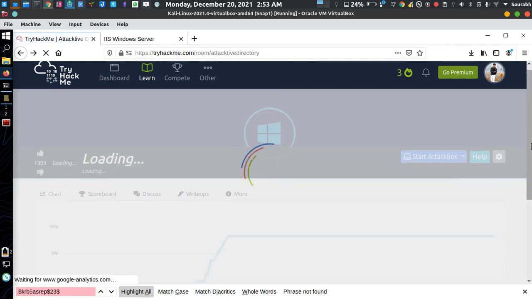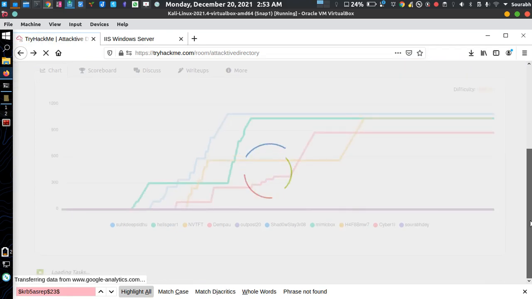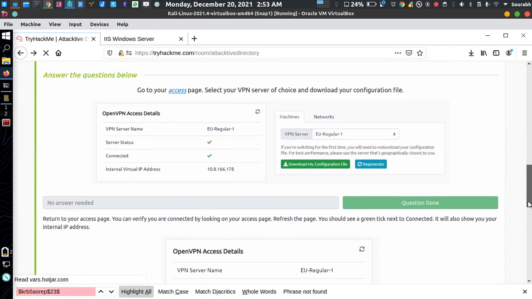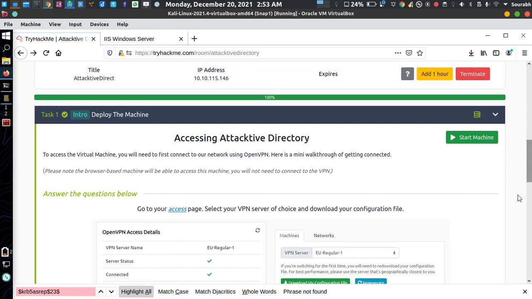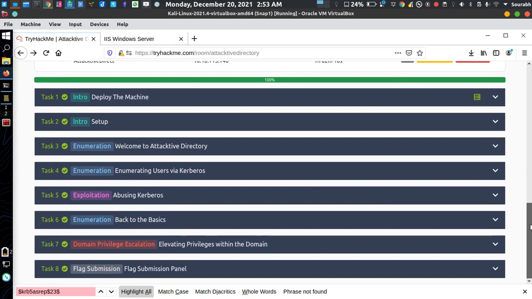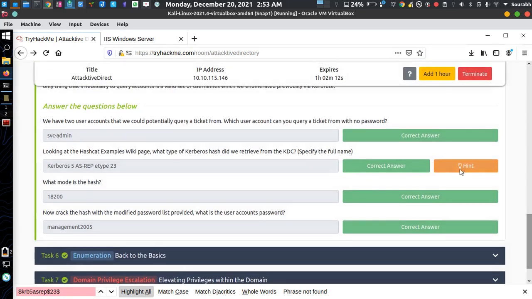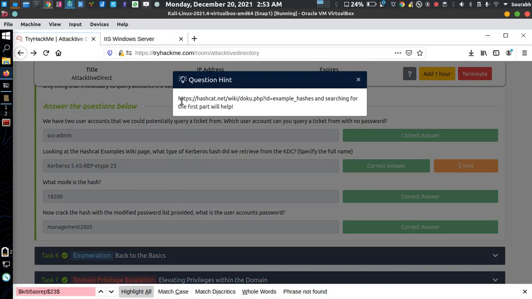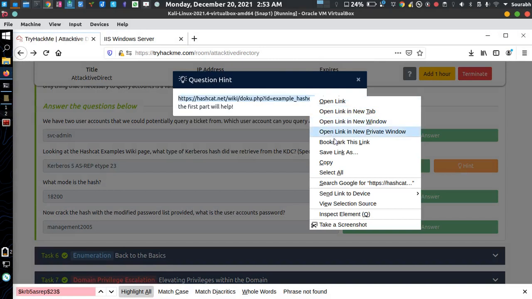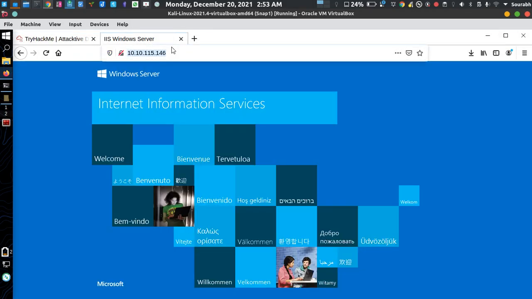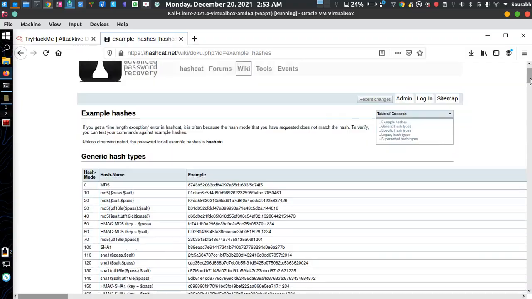Just a minute. Okay, so where is that particular hashcat example hashes page? Yeah, copy, paste it over here. So basically these are all the example hashes.